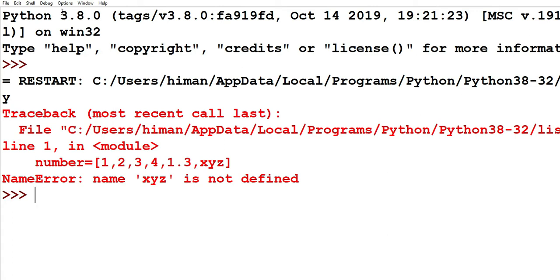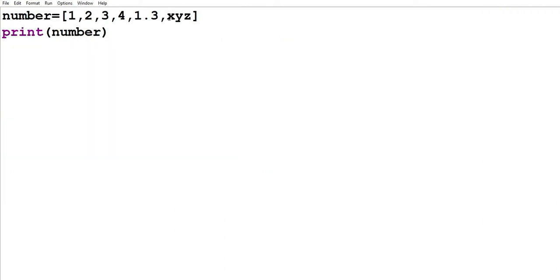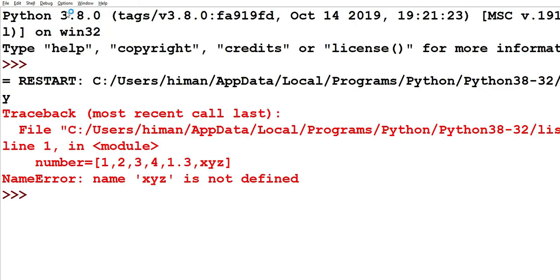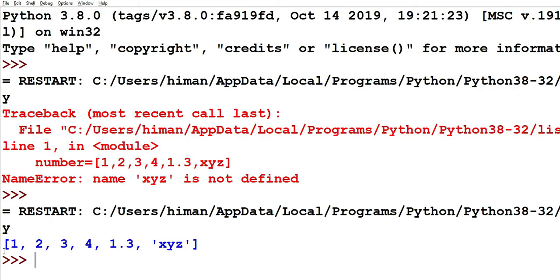Why is it showing an error? It is showing an error because we are using a string type value here, but we did not store this value in single or double quotes, right? Again save this program and try to get the output. So here we can see that we are getting all the values which are stored in the list named number, right?